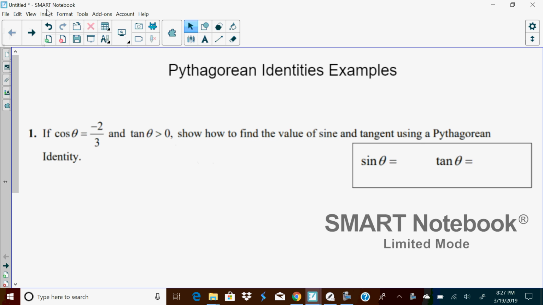Here are some examples using the Pythagorean identities. If cosine of theta equals -2/3 and tangent of theta is greater than 1, show how to find the value of sine and tangent using a Pythagorean identity. So, first thing you have to envision is that we have a triangle. And in our triangle,